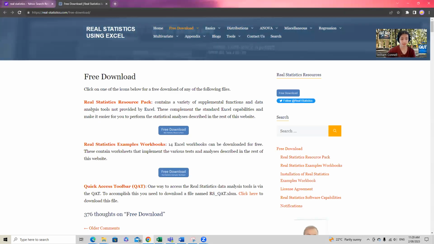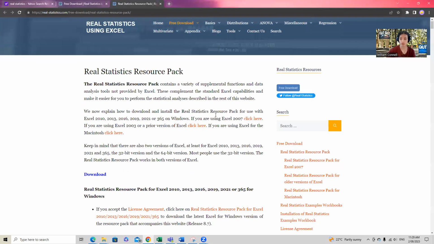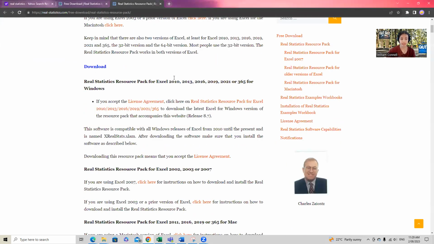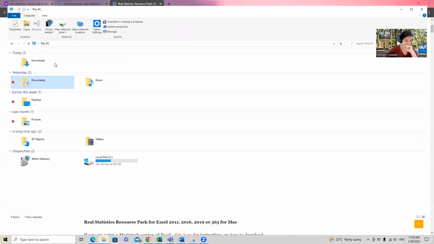Okay. In the Real Statistics resource pack, just select free download. Okay. Scroll down, and if you're a Windows user, it's this first link here, and Mac users are down here. But for Windows, we would like to select this option. Okay. Now, this is going to download somewhere. It's going to show up in our downloads folder. So if we navigate over to our downloads,